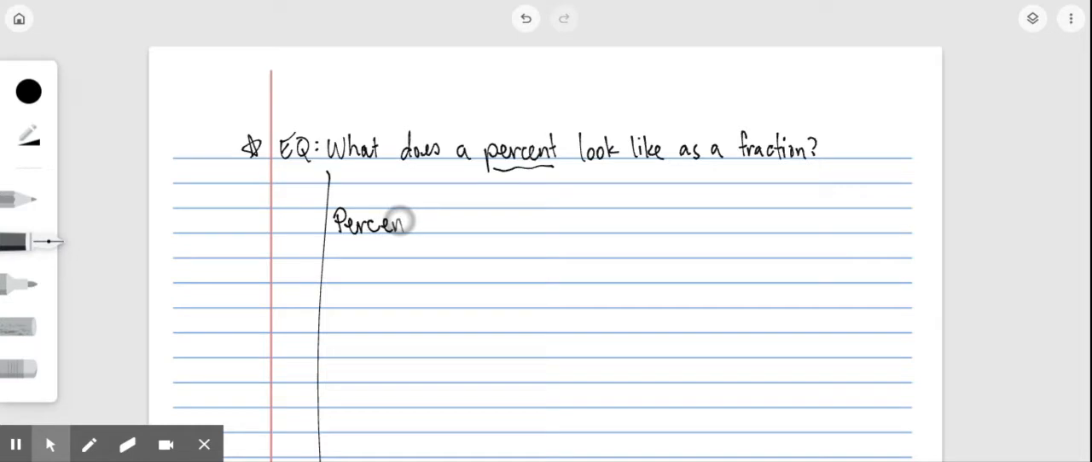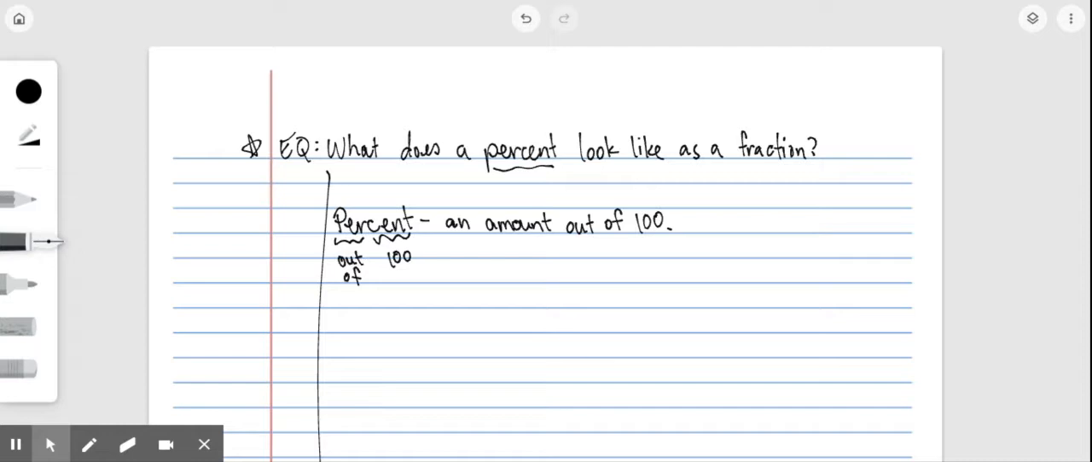Percent. And we're going to break it down. The word percent can be broken into two roots. The word per, which means out of, and the word cent, which means 100. Okay? So a percent is an amount out of 100. Okay? Which means if I have 100 of something, the percent tells me how much of that